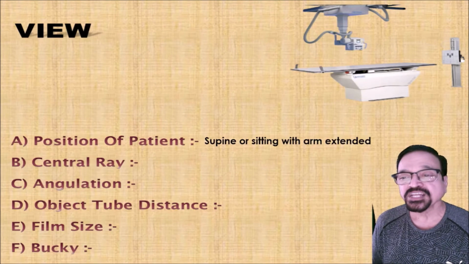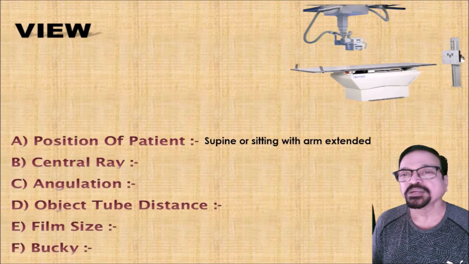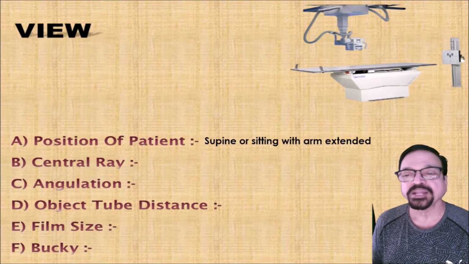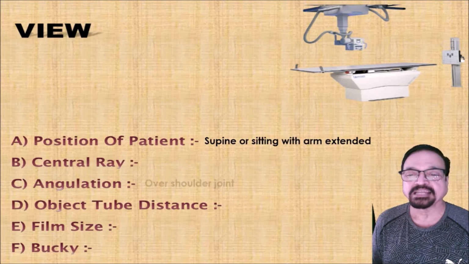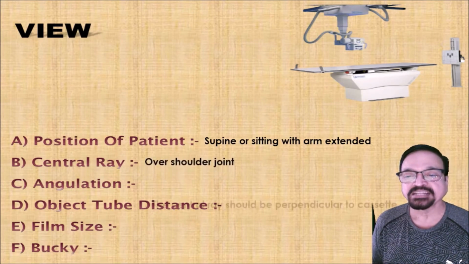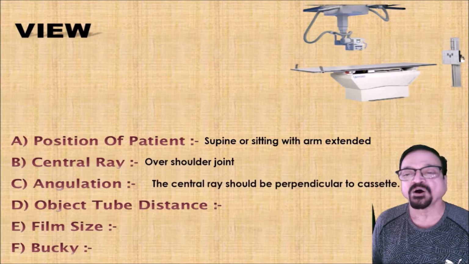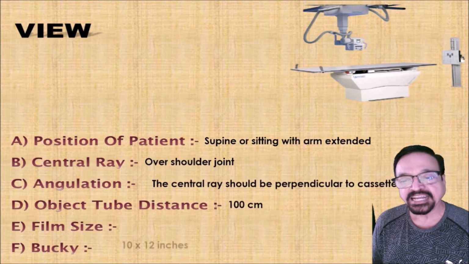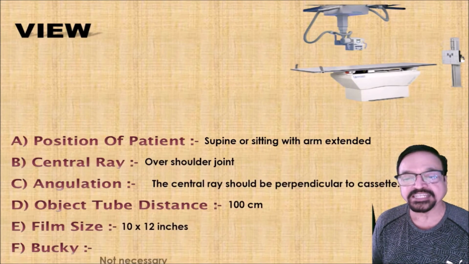If the patient's pain is there, sometimes this X-ray is difficult to take. Now in this projection, what we see is the rotation of the hand also. The humerus has to be away from the lateral aspect of the body. All these things have to be seen before taking the X-ray, whether the patient is doing all these things, whether there is any painful element in it, or if the patient is finding some difficulty, the technique may be modified. Since there are two techniques.